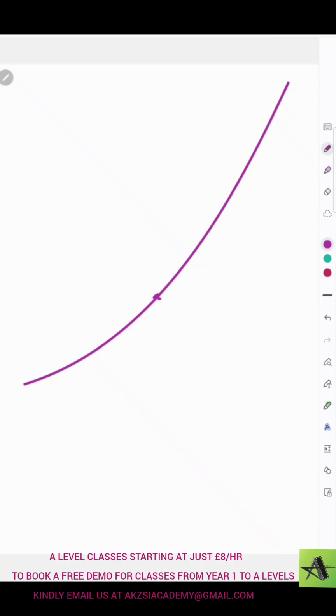Now, it's not necessary that a function has to be increasing throughout. In a particular interval also, if it's continuously increasing, we can say it's an increasing function. Similarly, in a given interval, if it's continuously going down,